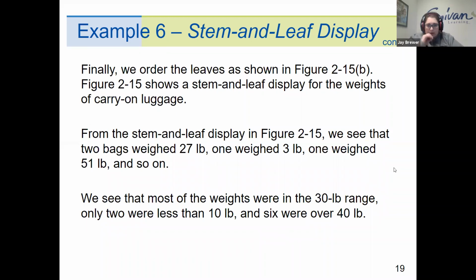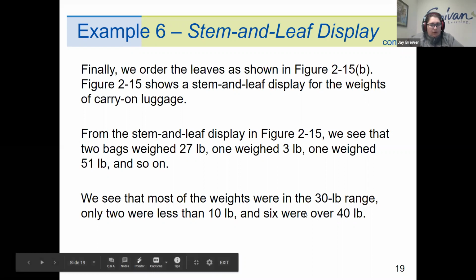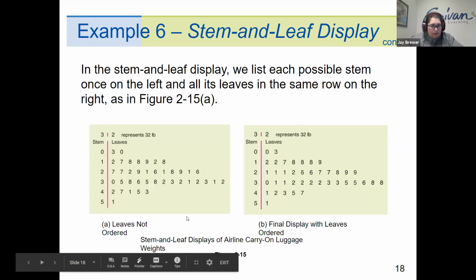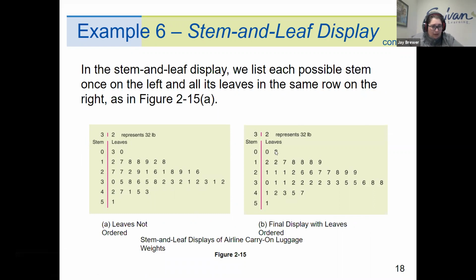All right, finally, we order the leaves as shown. From the stem and leaf display in figure 215, we can see that 2 bags weighed 27 pounds, 1 bag weighed 3 pounds, 1 bag weighed 51 pounds, and so on. We see the most weights are in the 30 range. Only 2 were less than 10 pounds and 6 were over 40. So if you come back here, 0 and 3,